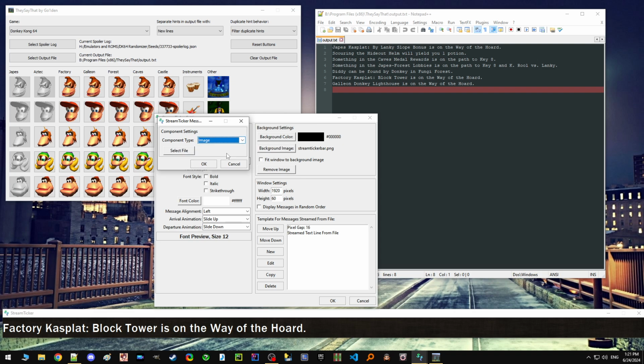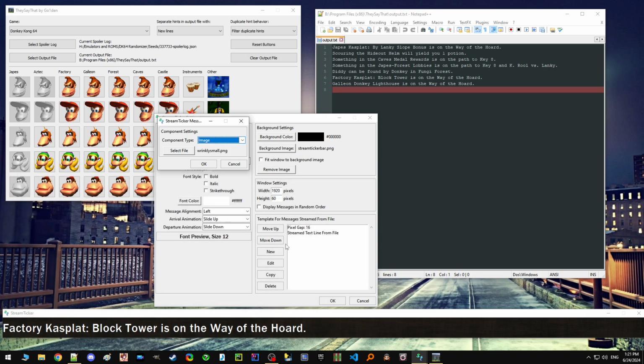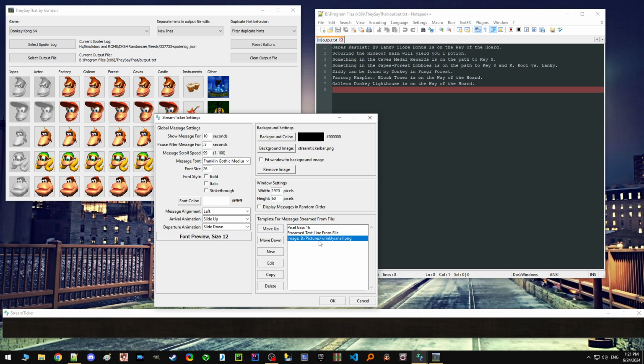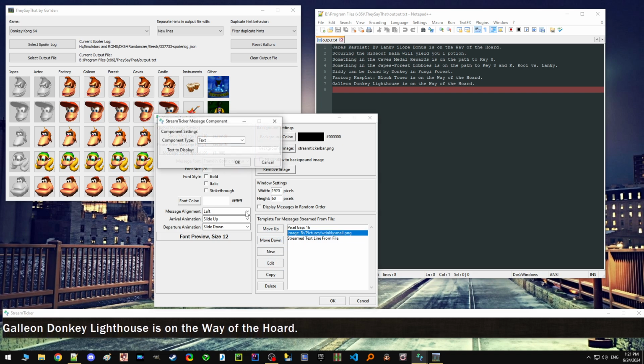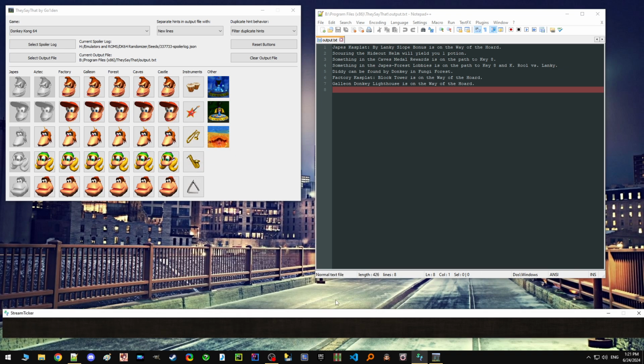Then I'm going to add an image, and we'll bring in the image of Wrinkly Kong. And then we'll do one more pixel gap because you need some space between the image and the text. Otherwise, it'll be scrunched up together. So we have, to recap, a small gap, the picture of Wrinkly, another small gap, and then whatever line has been read from the file. So if I click OK on this, it'll apply that template. And now for every one of the messages it reads in from that file, there you can see Wrinkly Kong